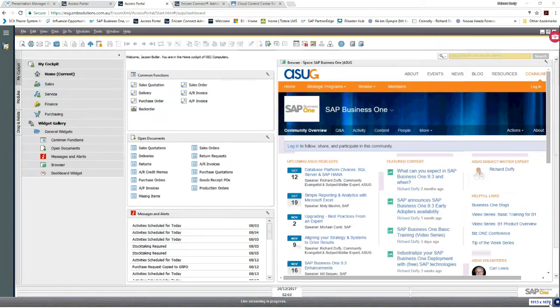And right now, all things being equal, you should be able to see my screen, and I'm sharing a screen with SAP Business One version 9.3. This is the very latest version of SAP Business One that is now in the early adopter phase, and I'm running this on SQL Server.